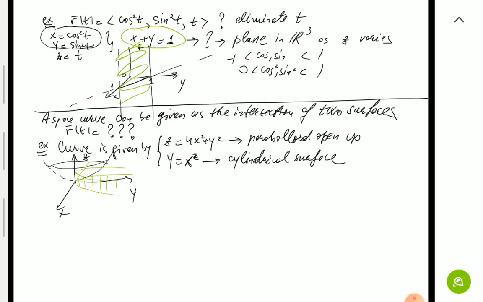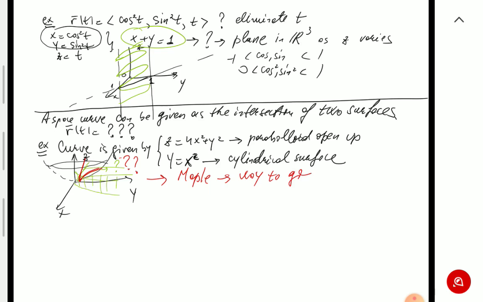The intersection between them is somewhere here. I can tell it's probably going to have two branches. But again, this is one of those things in which Maple or similar is the way to go. We don't have to go overboard with